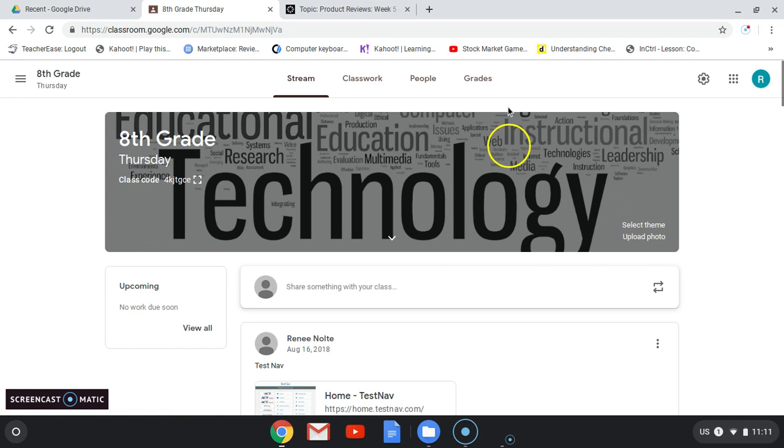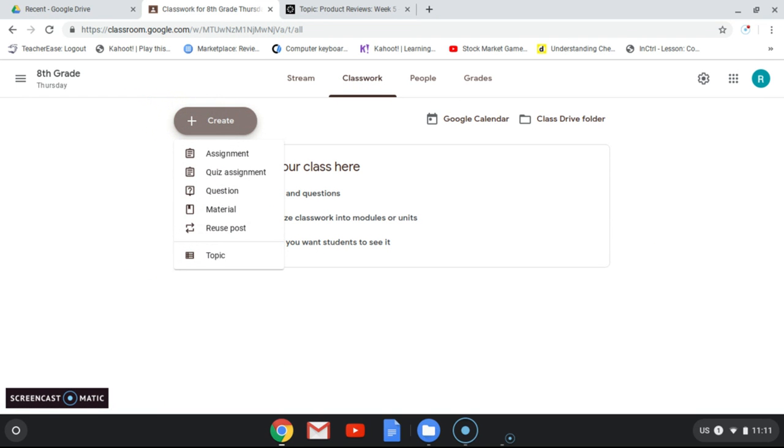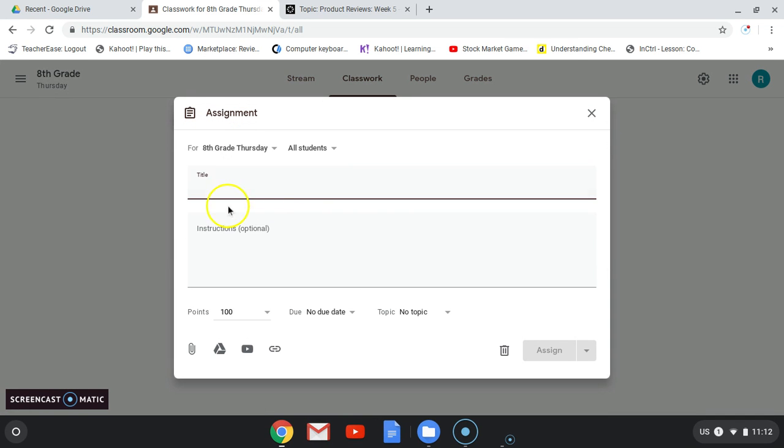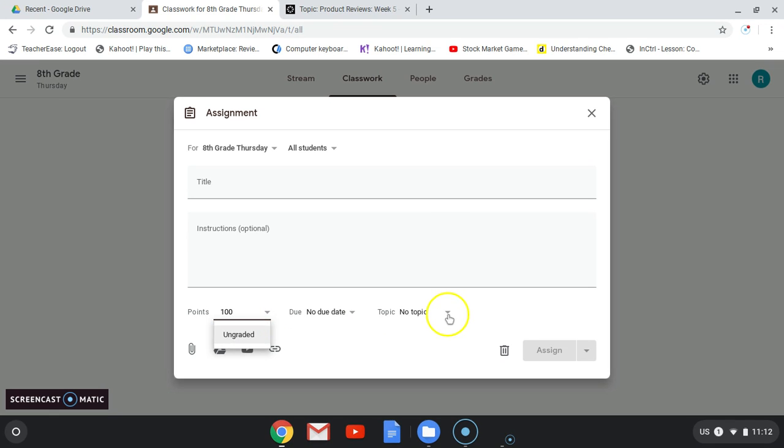So I'm in my 8th grade Thursday class. Go to classwork and we have the create button. I can click create and create an assignment, to show you what that looks like. You can put the title and any directions, assign the points possible, or select ungraded. You can put a due date and select a topic or create one. You can attach files from your device, from your drive,